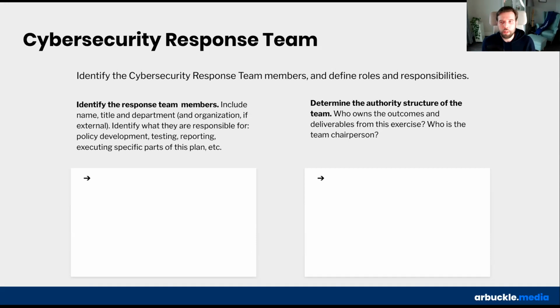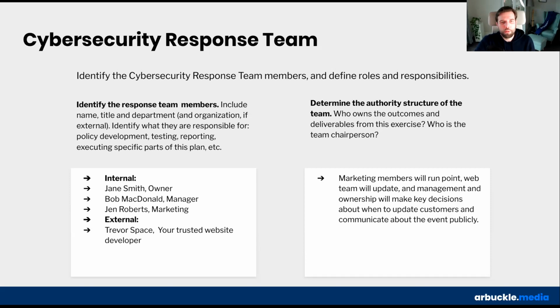However, for most small businesses, you might not have as many of these internal stakeholders, departments, or even expertise in-house. So it's a good idea to have a developer, whether someone who in the past has developed your website or a trusted partner, someone that you've worked with that can act as an external stakeholder and a member of the management team when it comes to your cybersecurity response team. And of course, having someone, a part of the management or ownership team who has the authority to make important decisions, whether that's on communications or important decisions related to data at a moment's notice is critical on your team.